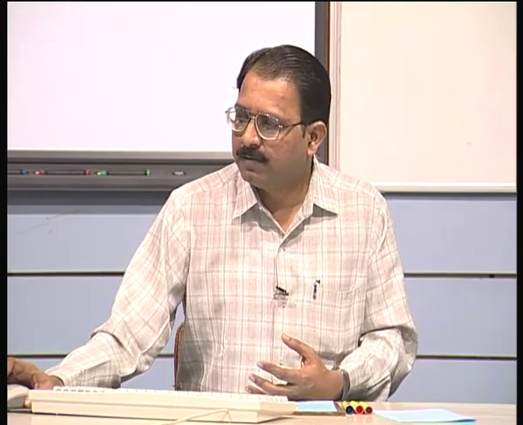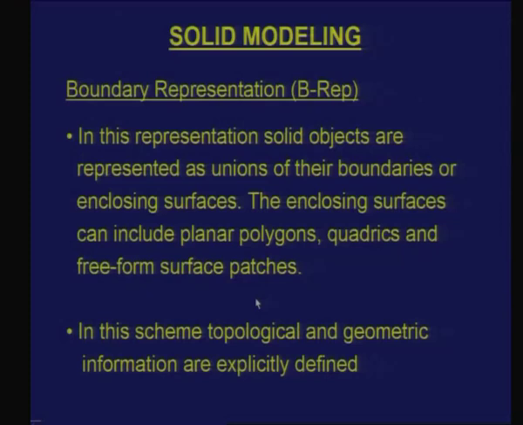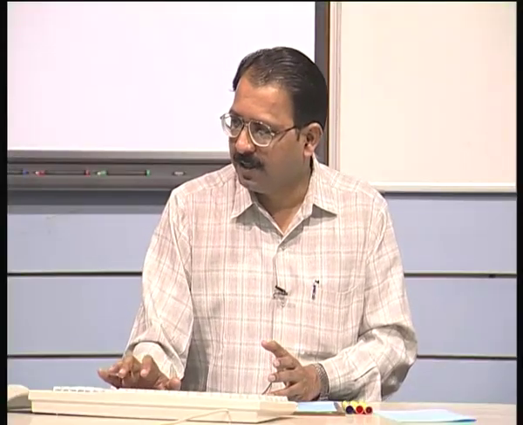But the basic difference, if you look at other methods, particularly constructive solid geometry, is that every solid information has two things, one which you call topology and another which is geometry. Here these two are separately defined. These two, what we call the topology of an object and the geometry of the object, are defined separately. So what does one mean by this? Probably this requires a little more explanation.